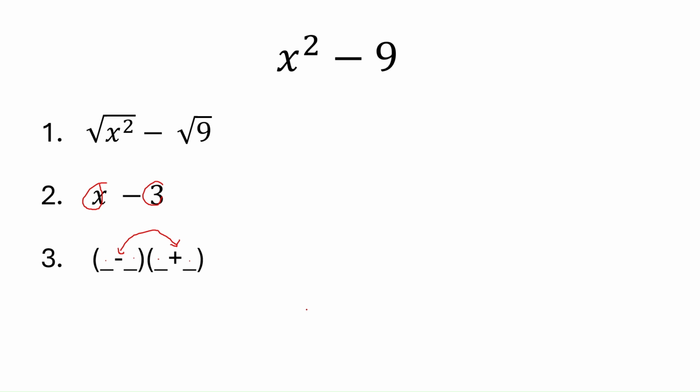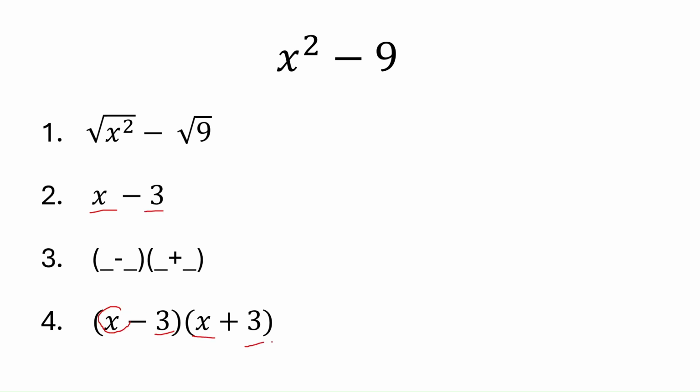And now we move on to our final product. We have x minus 3, x plus 3. So we can see that we added these digits in here, and here. To check your answer, which I really do suggest, is using the FOIL method, which is basically just